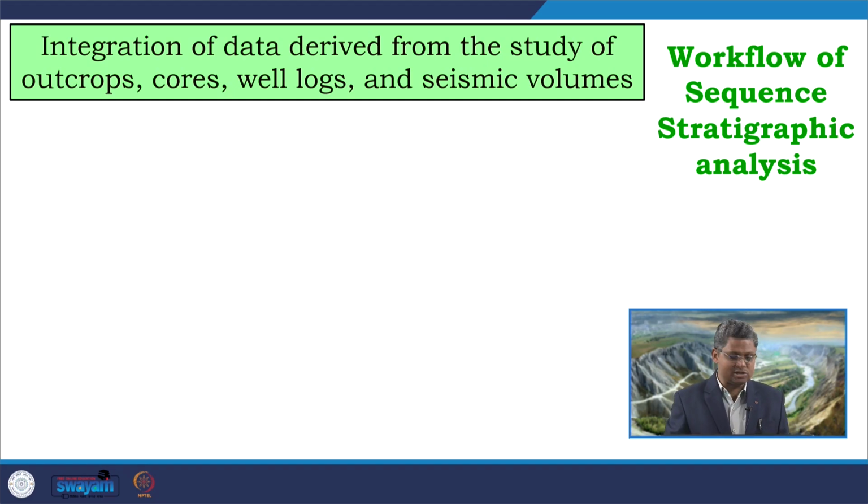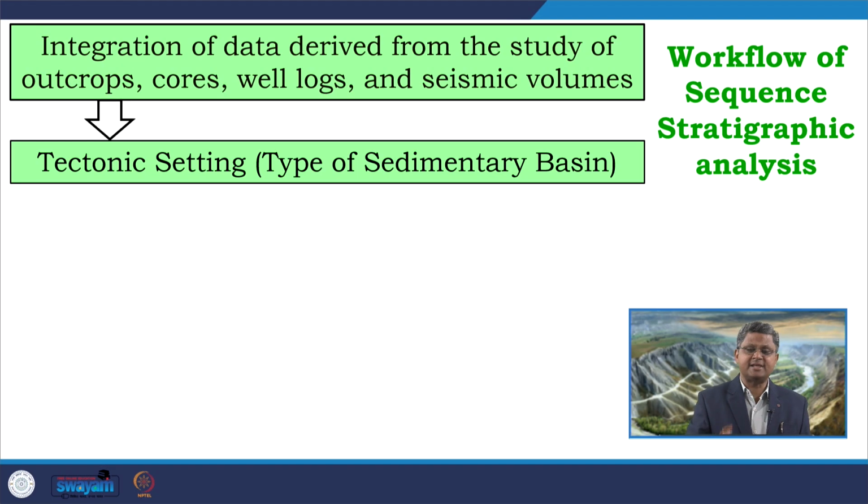When that compilation is done, we go for understanding what type of sedimentary basin it is, what type of tectono-sedimentary condition is prevailing over there, which can be straightaway done from the seismic profiles and also can be further substantiated using large scale outcrops. When the basin type is known to us, we can understand what will be the distribution of different sedimentary environments, and from that idea we can interpret the type of facies and the depositional systems which are possible in different parts of that particular basin.